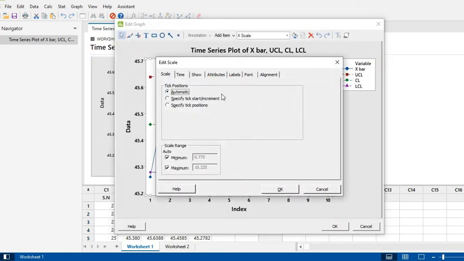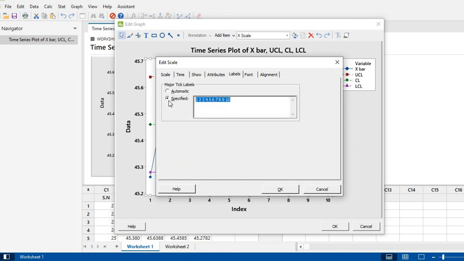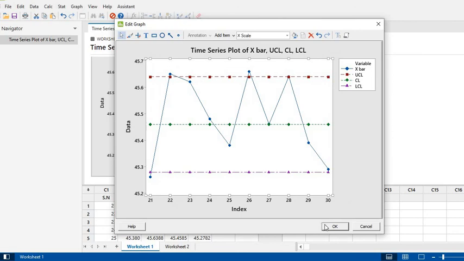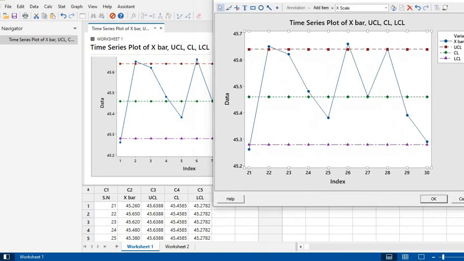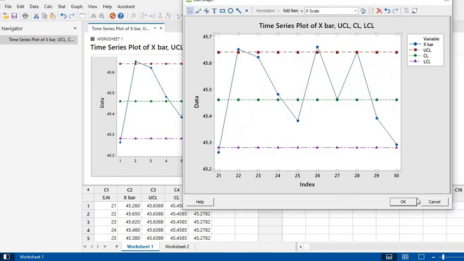Double click here, go to Labels, Specify, and write 21 space 22, and similarly up to 30. Now this is the graph we get after plotting with these values.